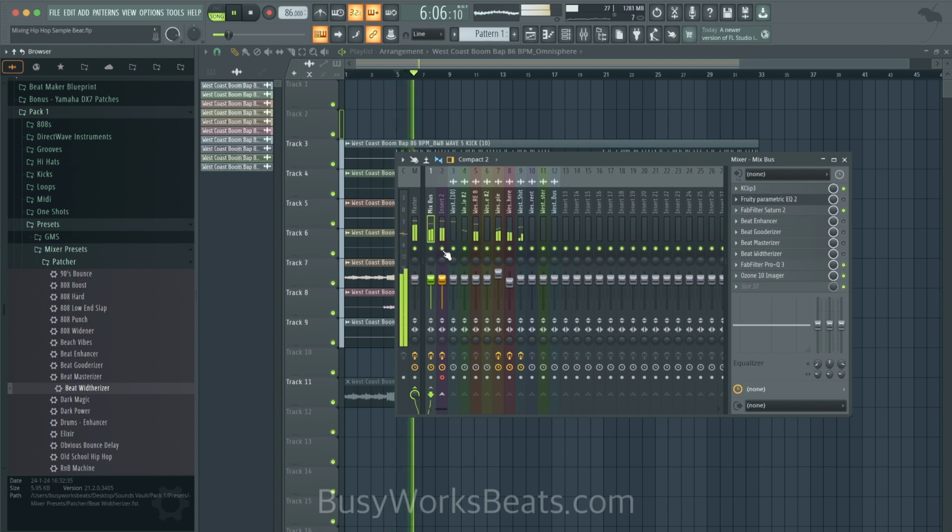Let's A-B our mix so far. Here's before. Just sounds like straight linear and doesn't really have a body to it. Sounds hollow almost. Let's start turning on these plugins.